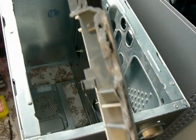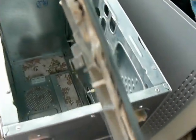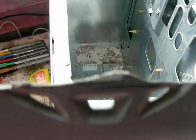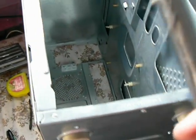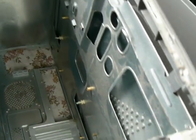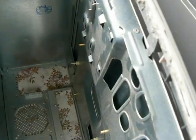So there we go. I did cut out this, but I don't like it. It's just a mess. Cutting something like this out, plastic is awful to work with, and as I was cutting it, it was melting and fusing back together. It would need tidying up if I was going to use it, but I just don't like it. I just popped it on, and I thought, well, I'm going to have to put a lot of filler in, and I just felt it's going to look shoddy compared to the rest of the build. So